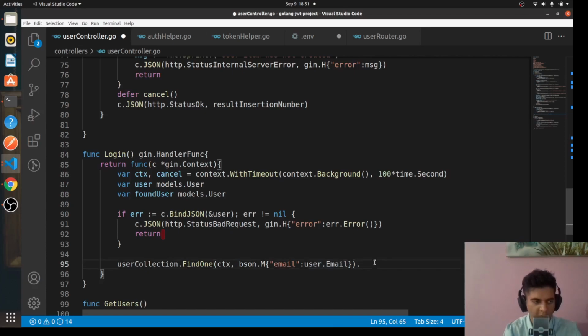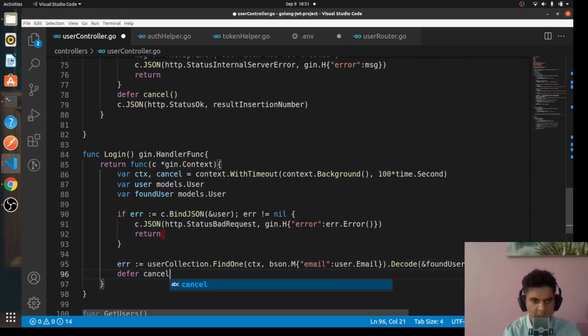And the found user, we'll store that in found user after decoding it. And here we can also equate this equal to error defer cancel,